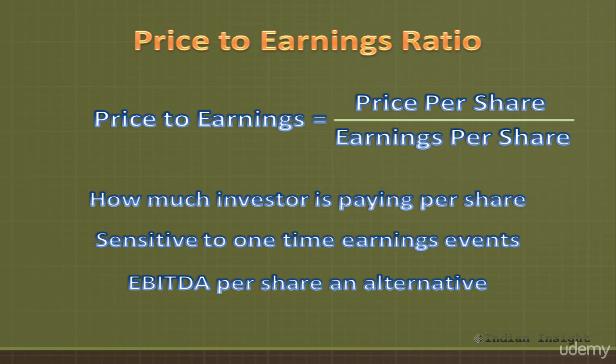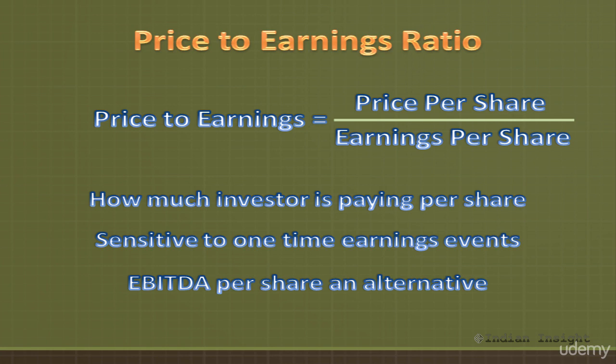investor is paying $10. Because PE ratios are calculated using net income, this ratio can be sensitive to non-recurring earnings or one-time earning events. Also, net income is considered to be more susceptible to manipulation than cash flows, so it may be wise to see price to cash flow as an alternative measure, especially when earnings quality may be an issue. Also, instead of using the net income as earnings in the PE ratio, one can also use EBITDA, which is the earnings before interest, tax, depreciation and amortization.